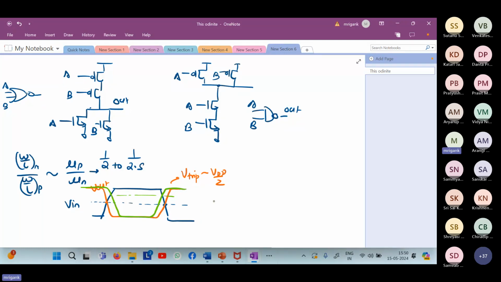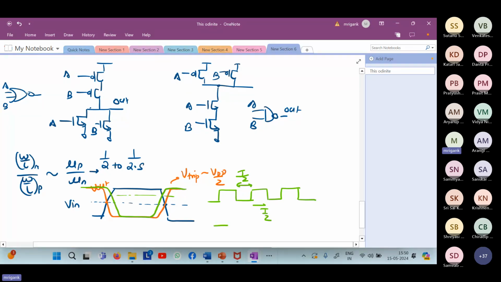input which is on 50% of the time and off 50% of the time, that is called a 50% duty cycle signal. So if I just draw it at a larger scale, assuming that the rise time and fall time are represented by a small slope, this is the 50% duty cycle signal, which is on for T by 2 and off for T by 2. But if the trip points are not close to VDD by 2, what can happen as we go down the inverter chain?